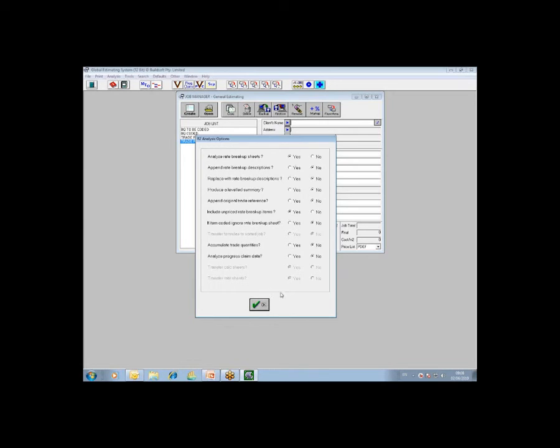Now the other options are fairly obvious, so I'm not going to go through all of those. But strictly speaking, if you have multiple coded